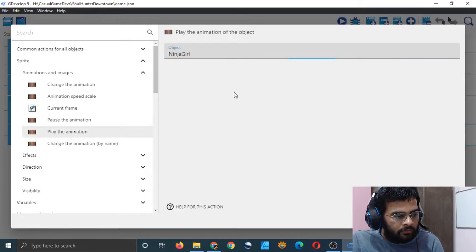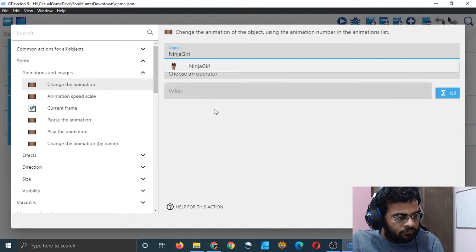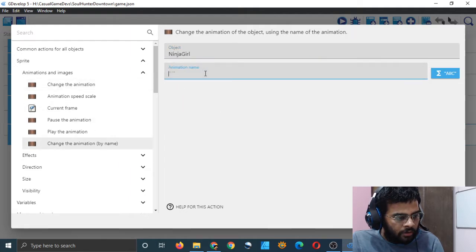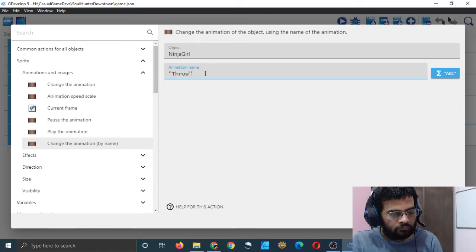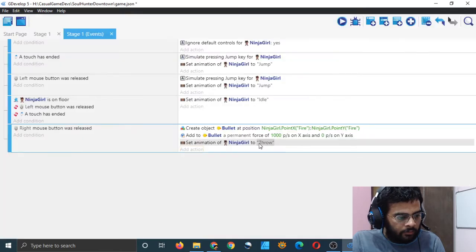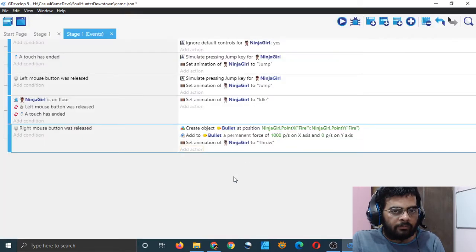Ninja Girl, but it didn't ask me which animation. Ninja Girl animation name was Pro. And I will click on OK. And now when I press right mouse button, she will throw the projectile and also be animated, and so show the animation.